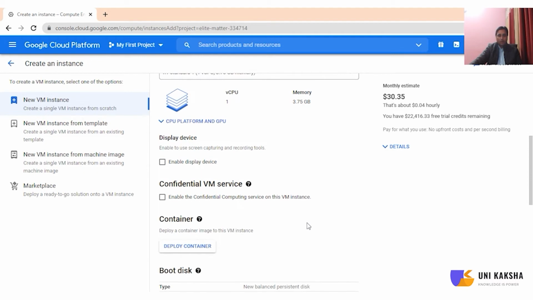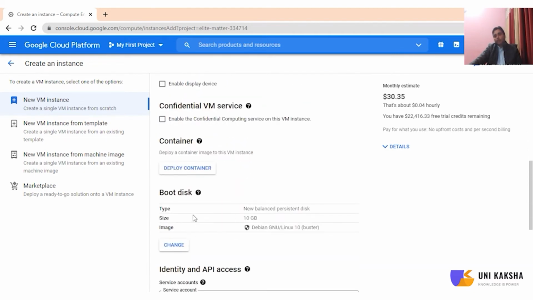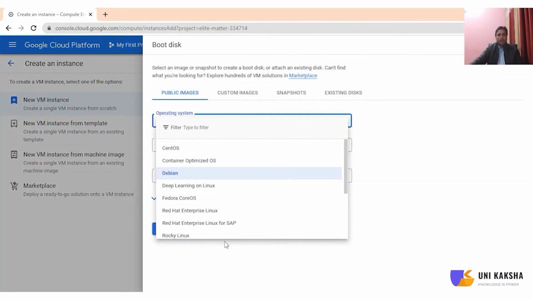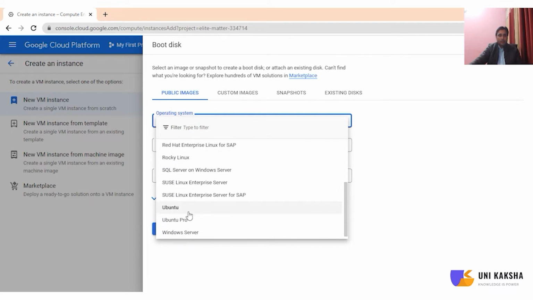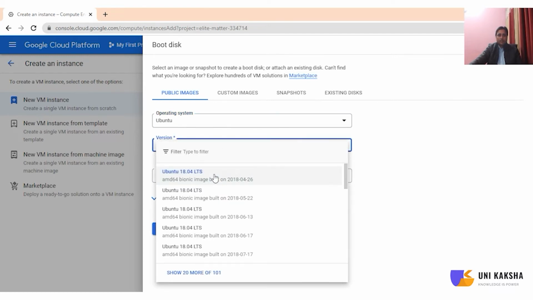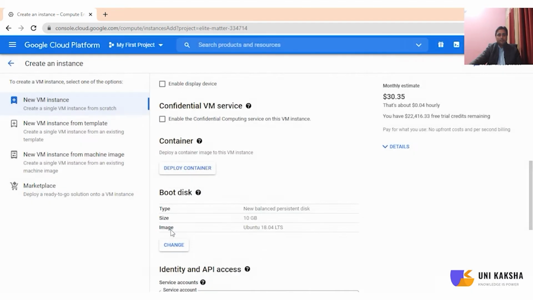Perfect. Okay. And now you have to choose the boot disk where your operating system is available. By default, it's going to offer Debian, so you can change as per your choice. So maybe this time I will get Ubuntu Linux, right? You can choose the distributions, you can get the version. It's perfect for me. Let's select. Okay,